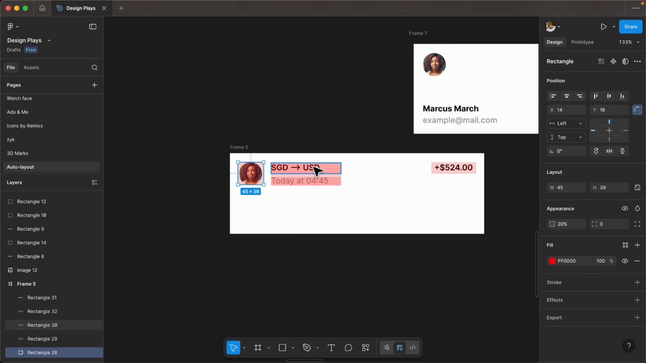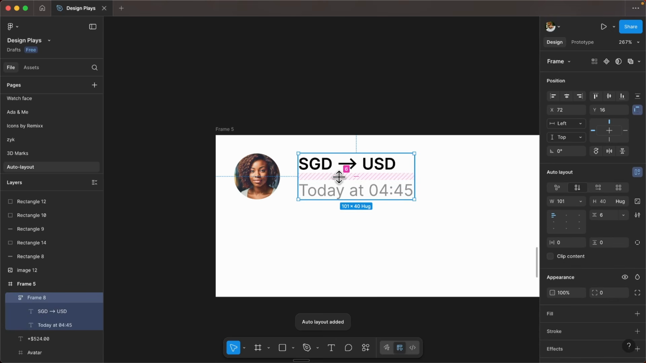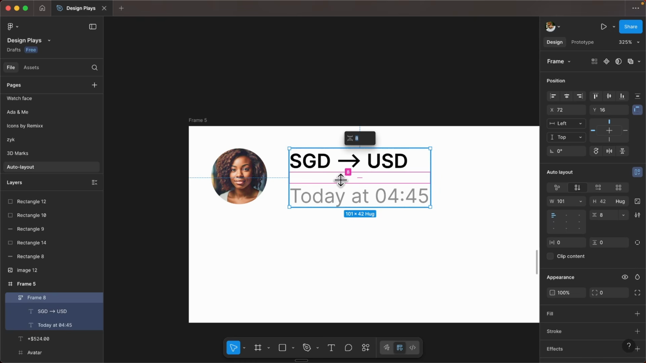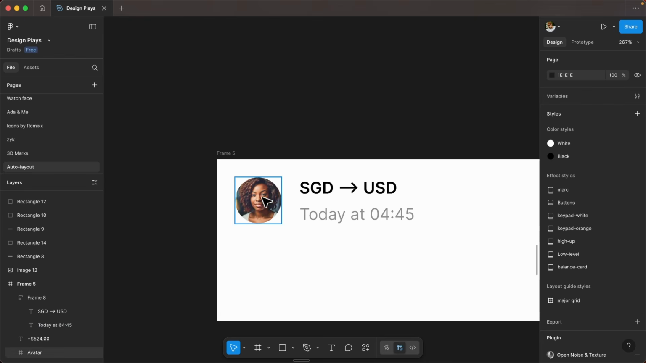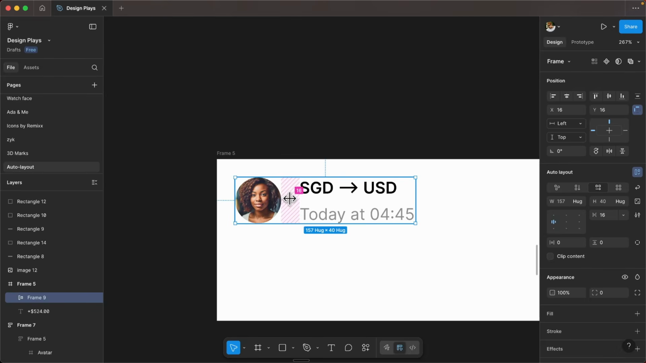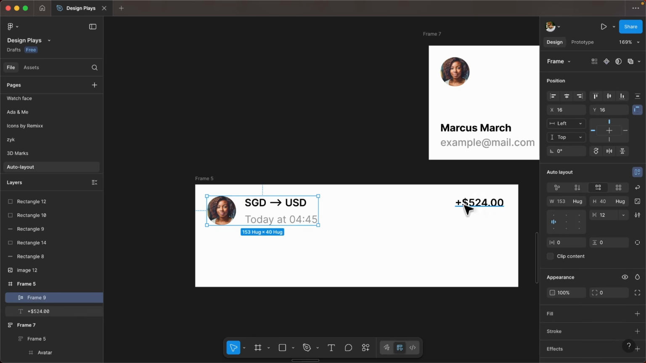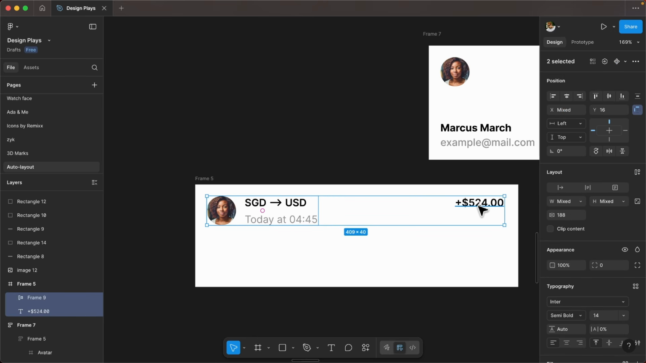So let's do that in auto layout. Now first I'll select the 2 texts. I'll press Shift A to add an auto layout frame to them. The padding between them, I'll add 6. I select the avatar and I'll select this group, press Shift A as well. I click in between them and I can add a padding of 12. And then we have this last one here. I can select these 2, hold down Shift and select this, press Shift A, and now we have an